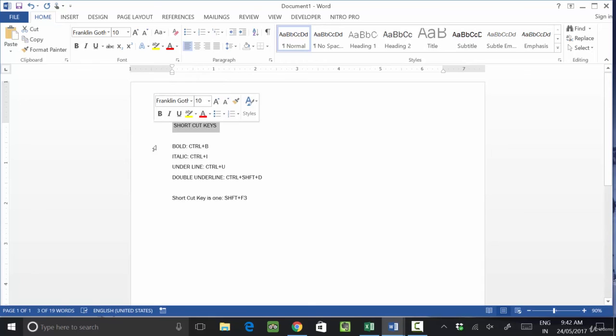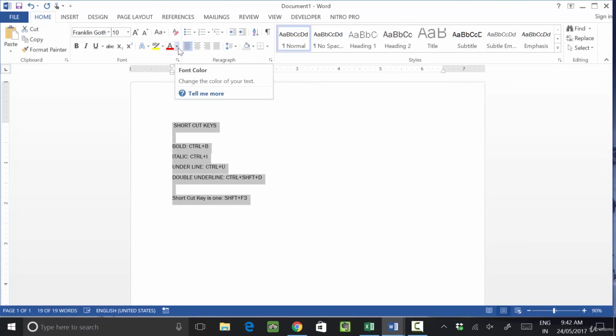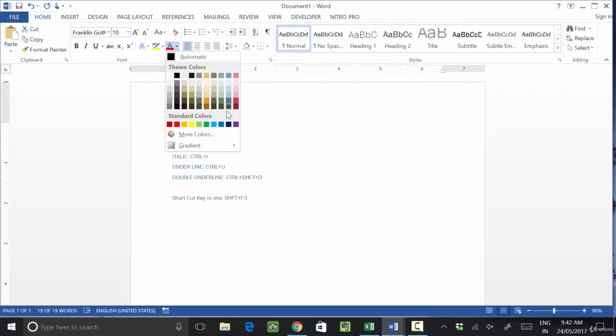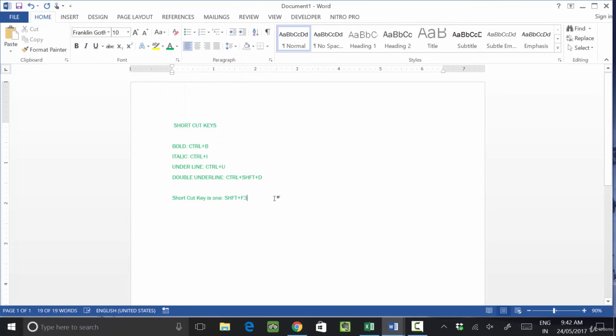After this, the next option available is font color. If you want to change the color of your font, you will select a particular color from this side. If I select any color, my text font will change.